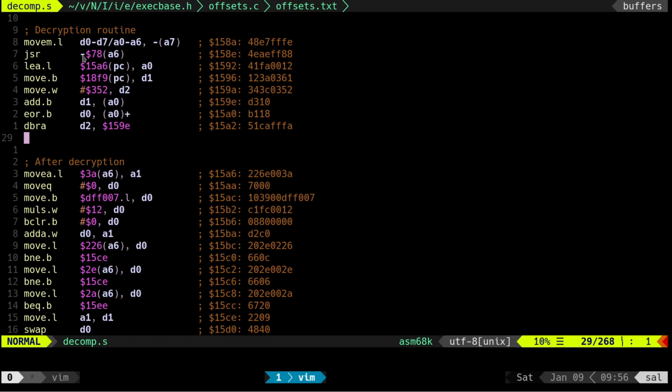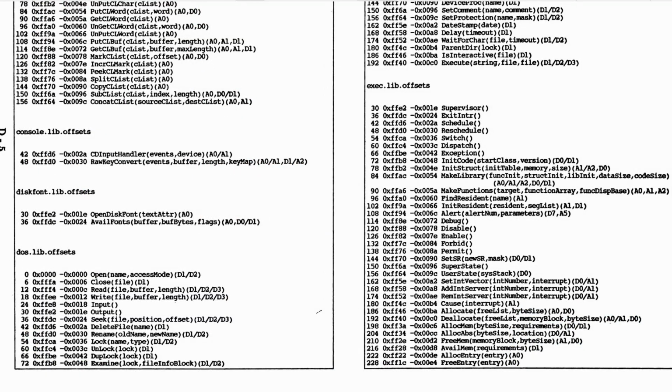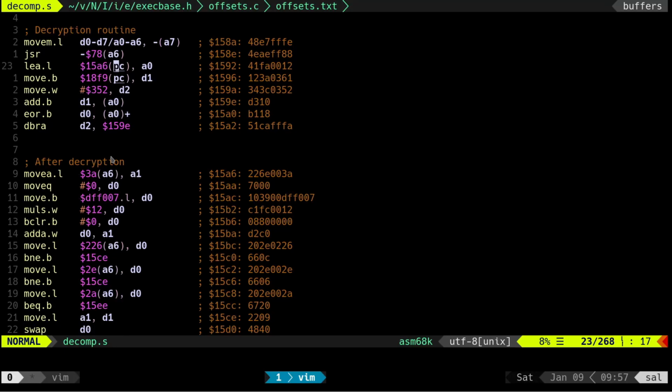We noticed also those offsets on top of A6, and you remember they were matching offsets in the exec library from the Amiga OS. For example, -78 was disabling the hierarchies. So let's start after the